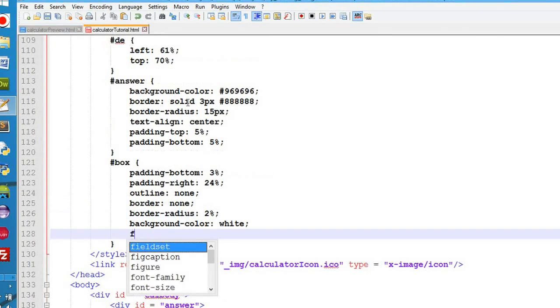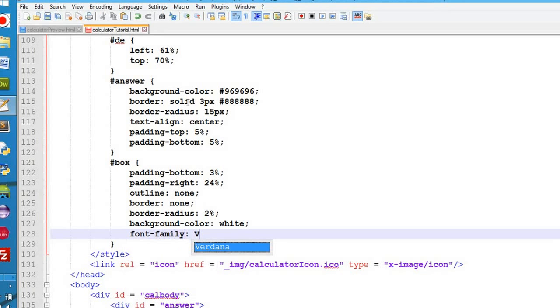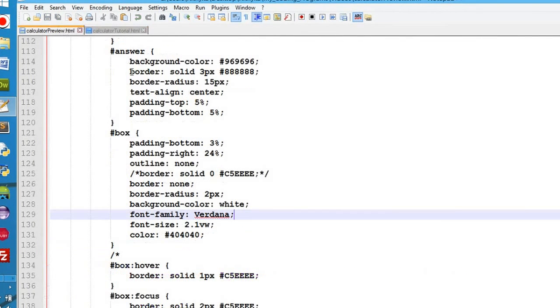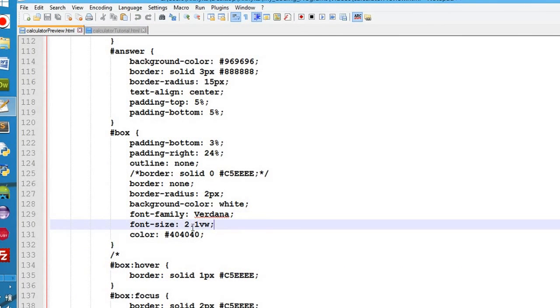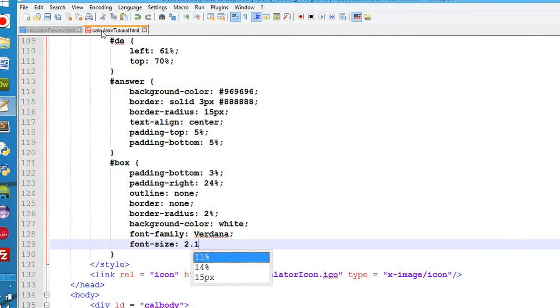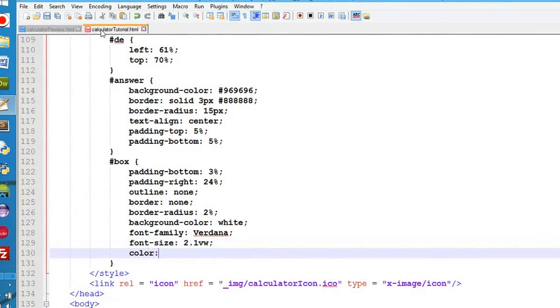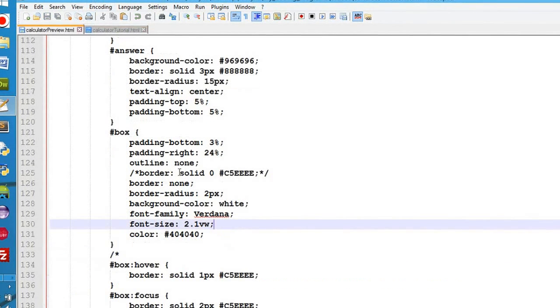Font family is Verdana, and the font size will be 2.1 viewport points, as I say, and then the color is going to be